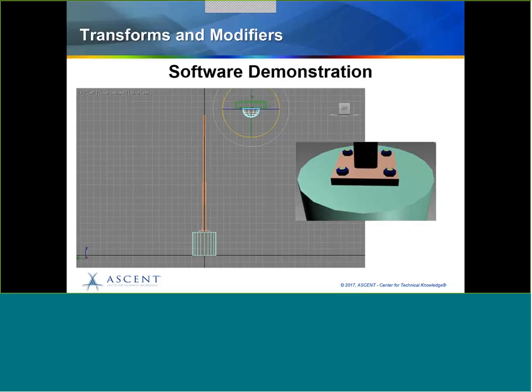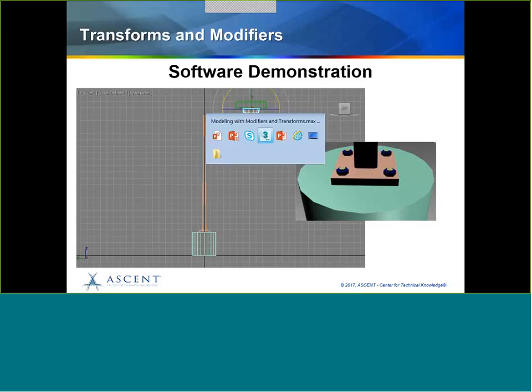So in today's demonstration, I'm going to create a parking lot lighting fixture in a scene. I will create it by creating a 2D shape and then extruding it to create a 3D object. And then I will also create some primitive objects dynamically in the viewport and modify them using various modifiers in the command panel. I will also use the transform, move, rotate, and place tools to place those created objects in the correct scene position. So let's go into the